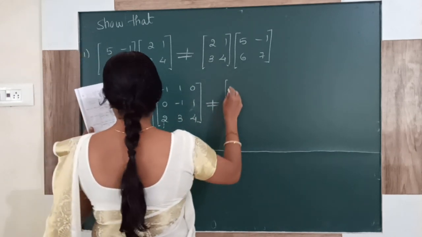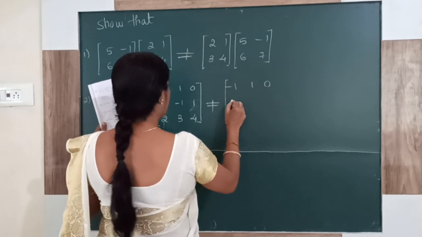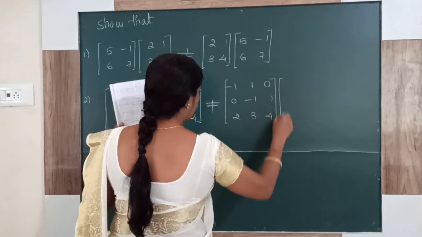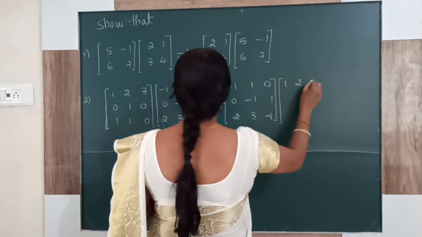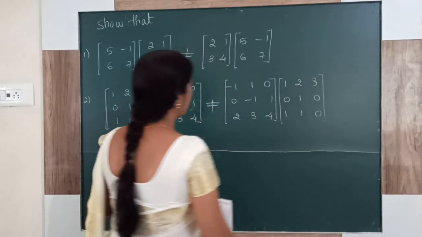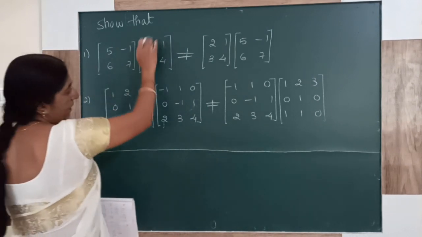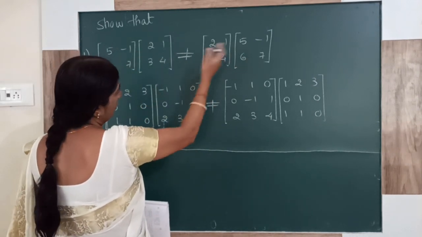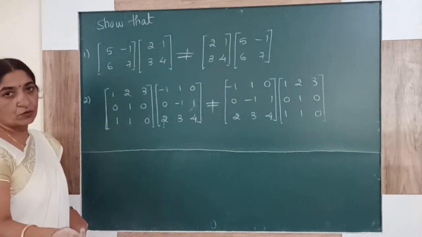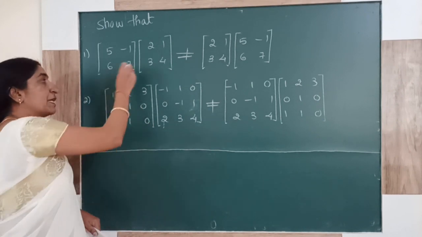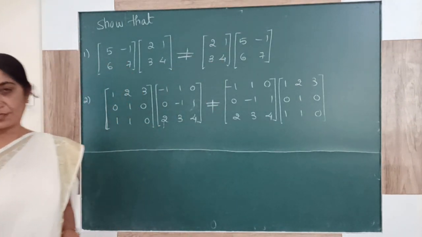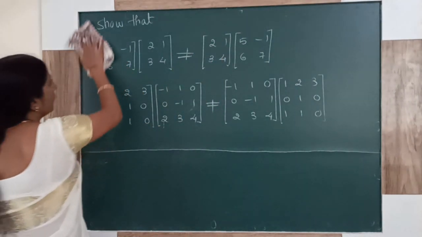I am giving you the hint. Just note down the problem. Here, what you are doing is taking LHS separately and RHS separately, multiplying these two separately, and showing that they are not equal. Because you are already familiar that matrix multiplication is not commutative, multiply LHS separately and RHS separately and then compare the two values. Take these two as assignment for your practice.